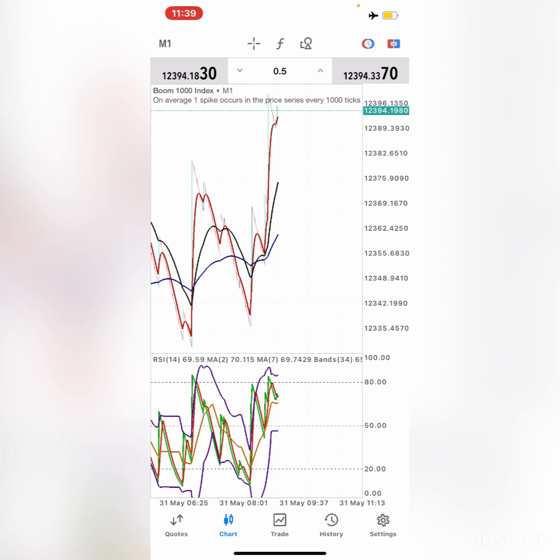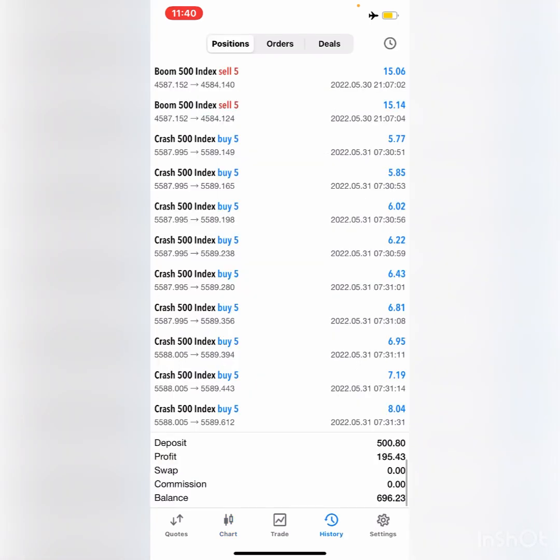I'm aware that most traders know about this indicator, but what I'm not aware of is how many people can actually use it correctly on boom and crash, because I've seen traders use it on currencies. I've seen them trade stocks or any other things, but I haven't seen any trader using this indicator to do boom and crash. So today I want to show you guys some of the results that I got from using this TDI on trading boom and crash, and we're going to go in depth with this indicator for the next